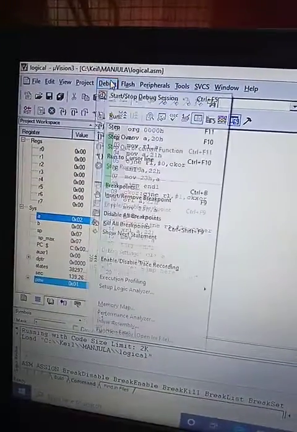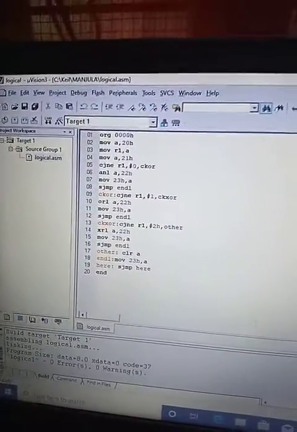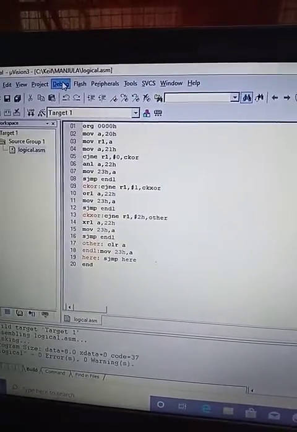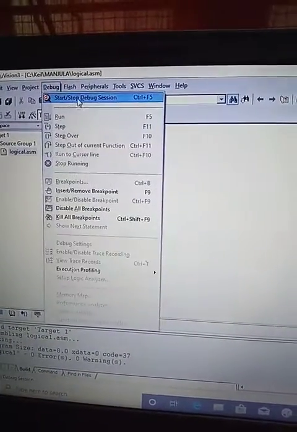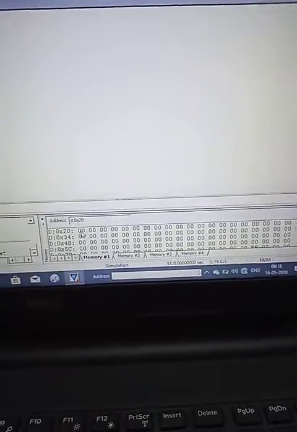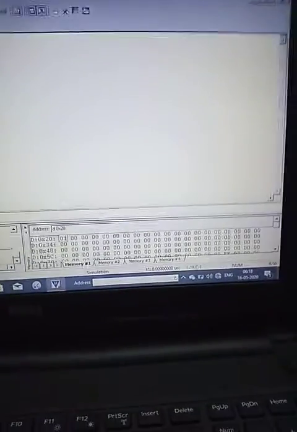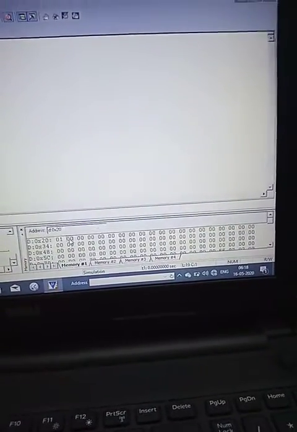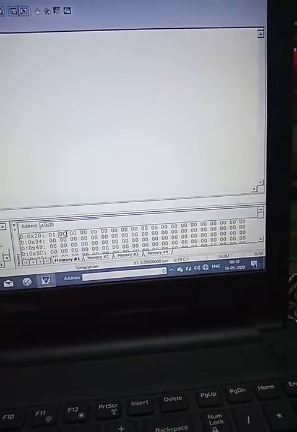To check for the second condition, once again start stop debug session. This time I am giving 01 in the 20 location. In the 21 location I am giving 02.